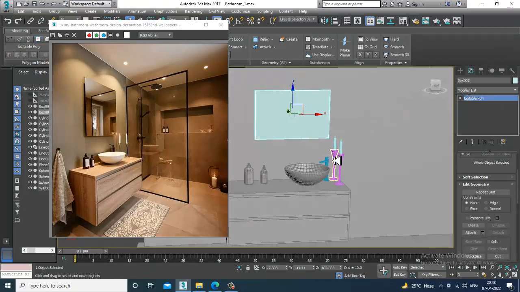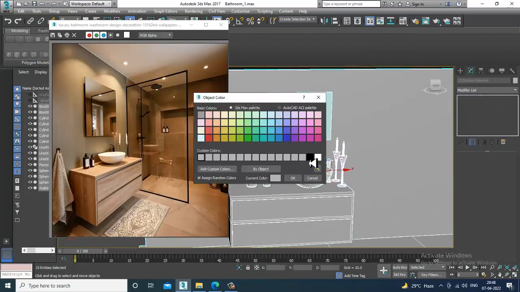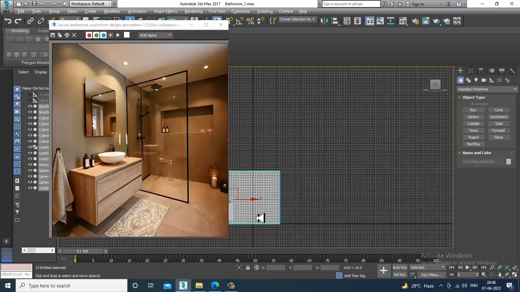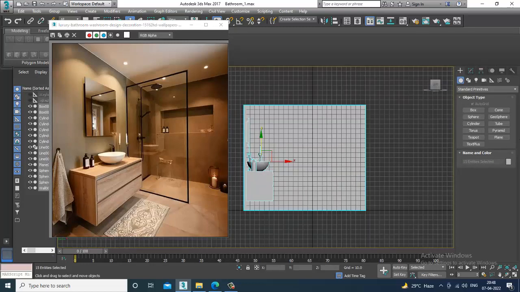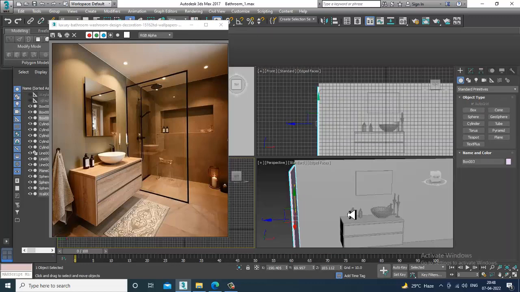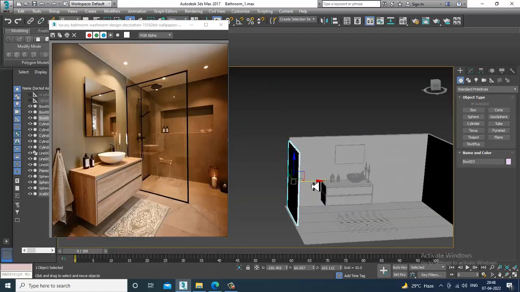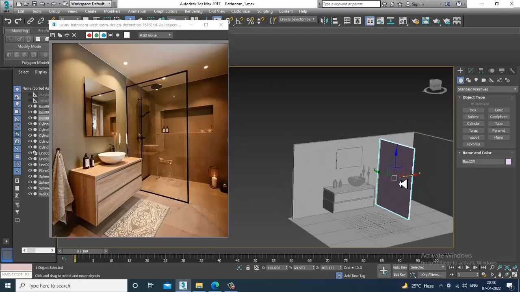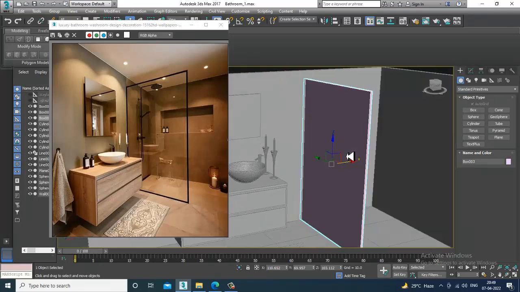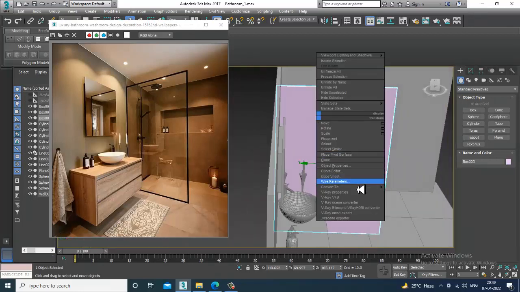Now after that, I'll go into this side view over here. I'll take a box over here. Let's create a box up till here. So this would be a glass partition over here. So I'll keep this box over here, convert to editable poly,